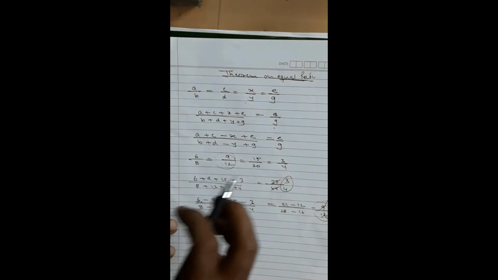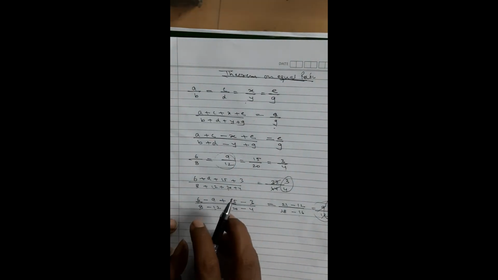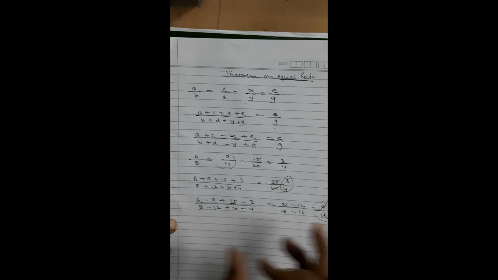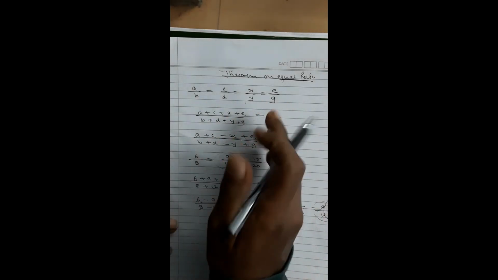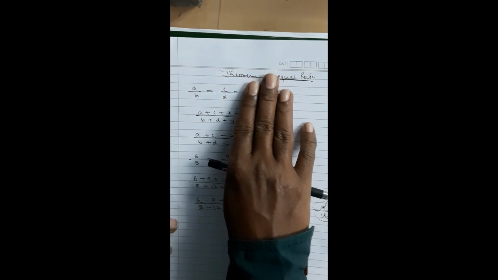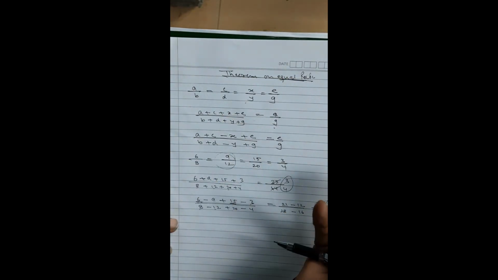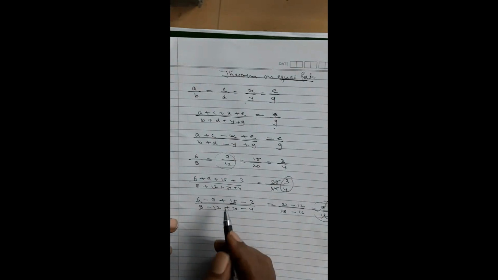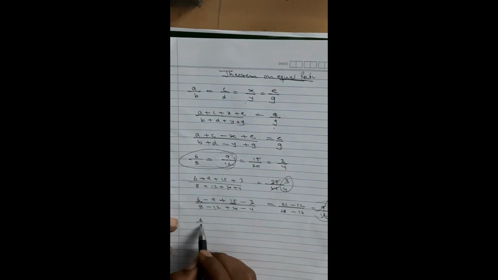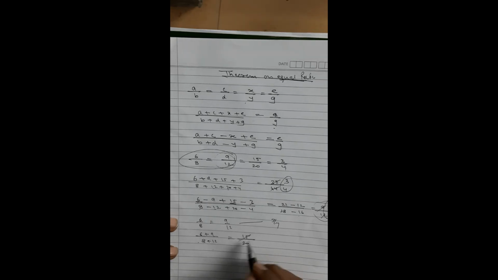This is the theorem on equal ratios. When we have equal ratios, then we can apply this. And this is not only true for 4 ratios, even if you take only 2 or only 3. Of course, more than 1 we require. It will be true for them also. If I take only 2, 6 upon 8 is equal to 9 upon 12. They are equal ratios. If I add these both, 6 plus 9 upon 8 plus 12, this reduced is going to be 3 upon 4. 9 plus 6, 15, 12 plus 8, 20. This will become what? 5 3s are 15, 5 4s are 20, 3 upon 4.